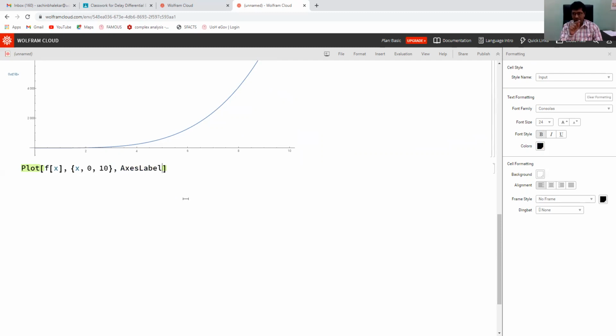Use the sign minus and greater than using your keyboard, and it will change to an arrow. Now, labels to axes: horizontal axis, let us name it x, vertical axis y. And run.